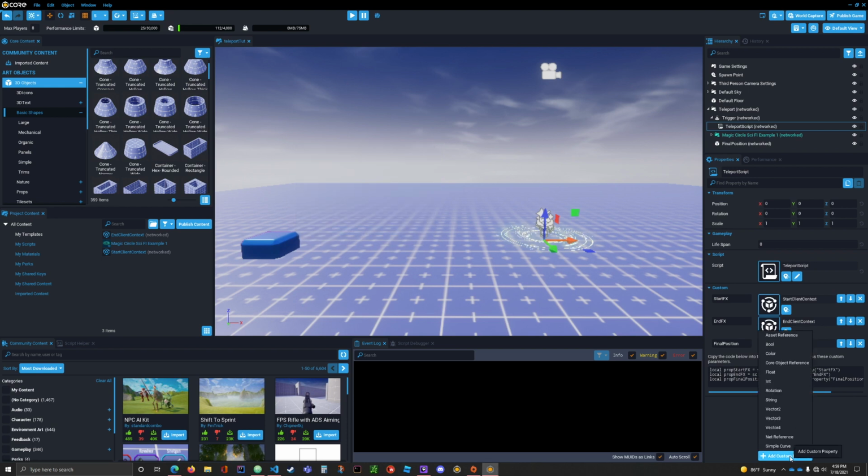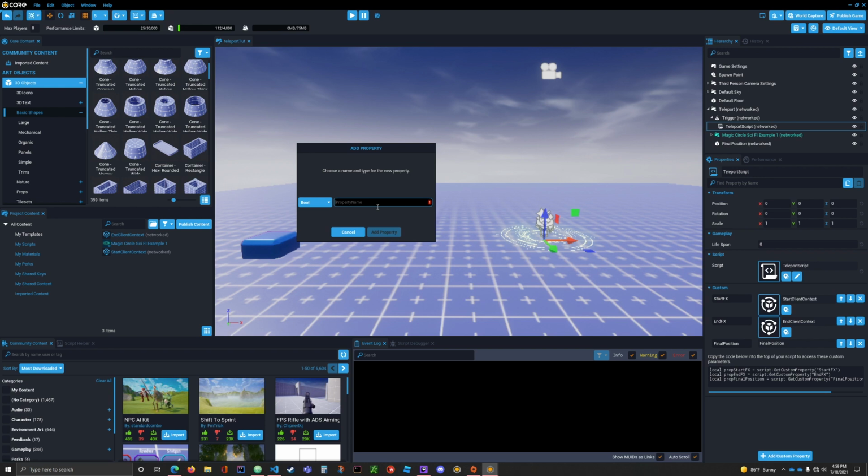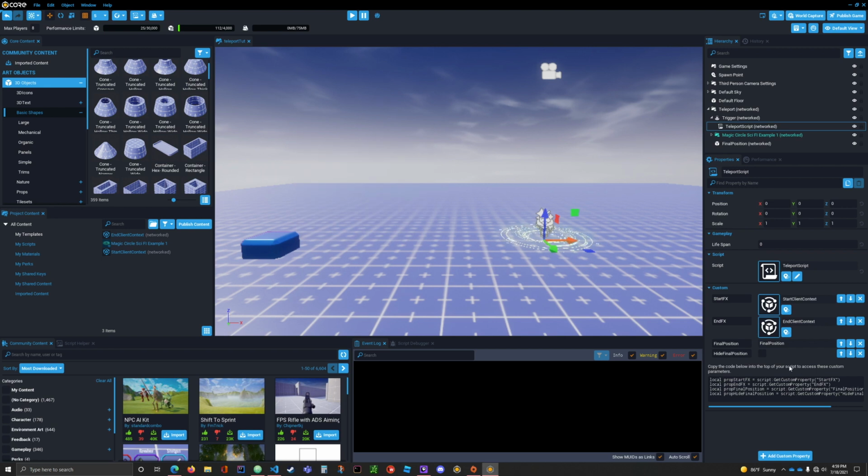Nope, we don't want asset. We want to make one more custom property. We're going to make it a Boolean, and we're going to call it hide final position. And that's going to allow us in development when we play our game to either hide this when we play or show it when we play. Okay? So right click over here